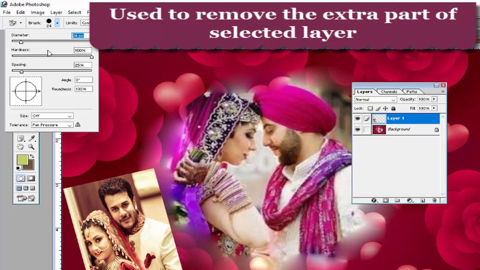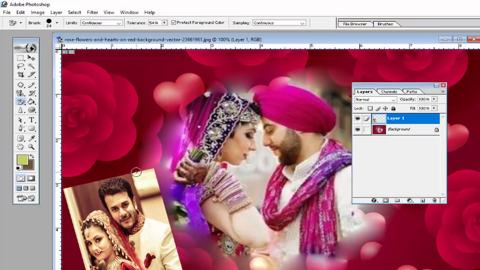Reduce the diameter like this and use it to remove the unnecessary part of the layer currently inserted in this image. Remove that part sharply, neat and clean. Just take your time to remove this unnecessary part of this image like this.